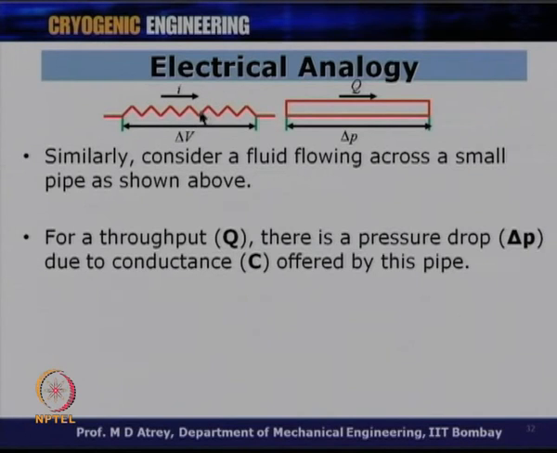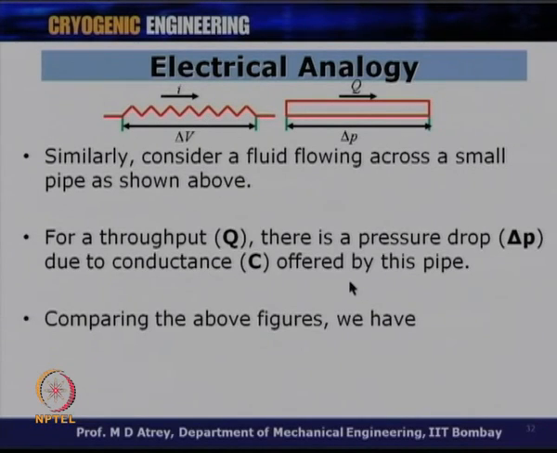Reciprocal of R is nothing but conductance. So, if I have a parameter R in the electrical analogy, 1 by R is conductance. From the electrical circuit I can compare this with the conductance of the pipe, and the conductance of the pipe C is related to 1 by R of the electrical circuit. Alright, so I got three different comparisons: I with Q, delta V with delta P, and C, the conductance of the pipe, with the 1 by R value in the electrical circuits.